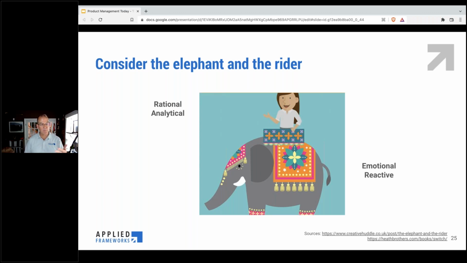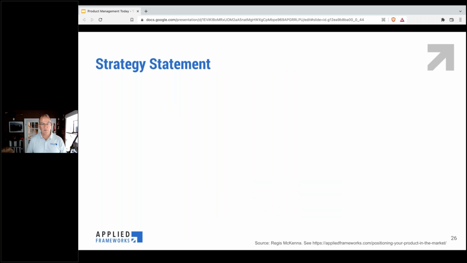So we want to make sure that we can both appeal to the analytical response as much as the emotional response. And the elephant and rider metaphor is so powerful because the elephant is so much bigger and stronger. So we need to actually make sure we never forget that there's going to be an emotional response. As a result, when we think about communication of product strategy, we do want to ensure we have some balance so people can clearly grasp what we're trying to communicate in a way that connects as much rationally as it does emotionally. So that's what I'm going to emphasize as I go through a few of these techniques to effectively communicate your strategy. So first, I want to start with the strategy statement.